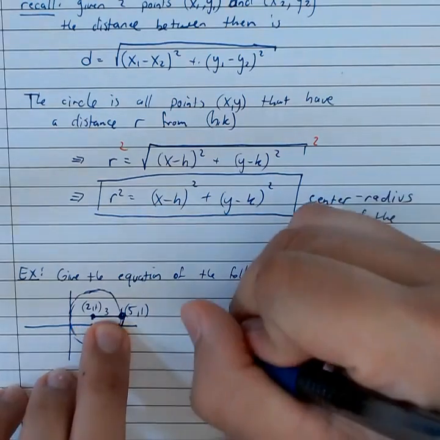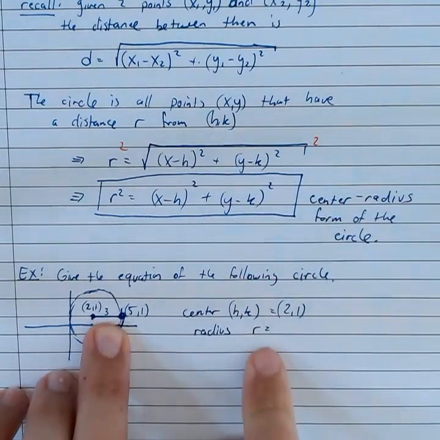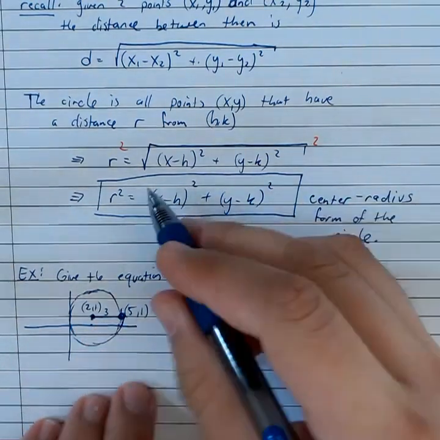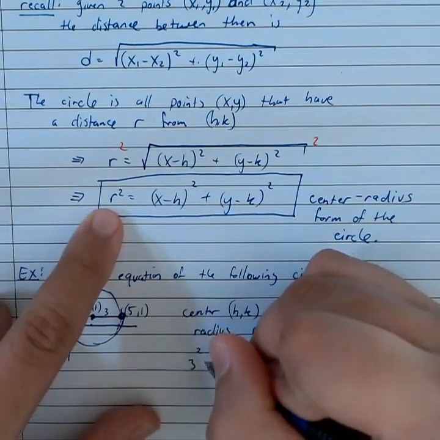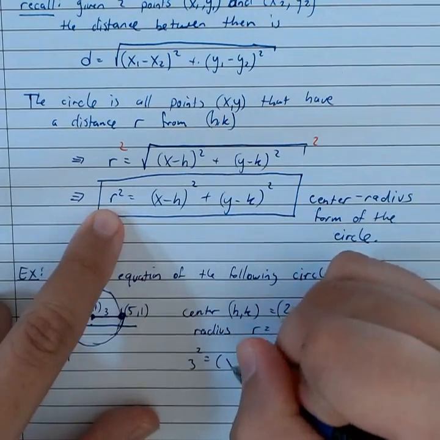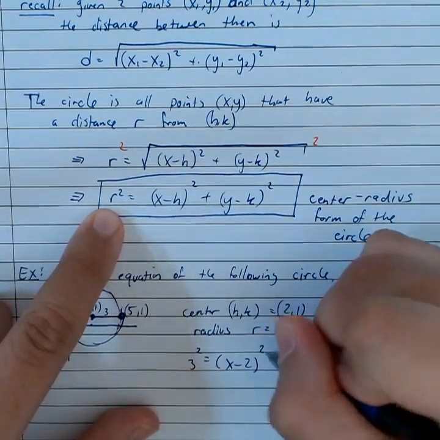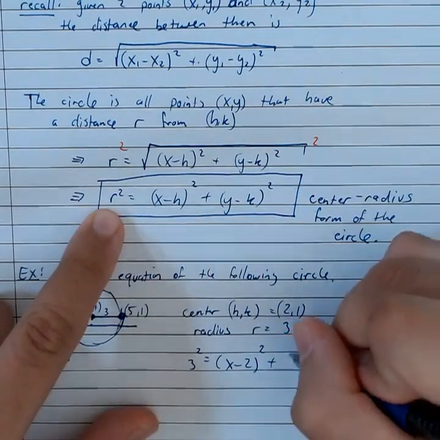And our radius, given by the symbol r, is the number 3. So here we can just pop all those numbers in. We can say, okay, 3 squared is equal to x minus h, in this case h is the number 2, squared, plus y minus k, in this case k is the number 1,